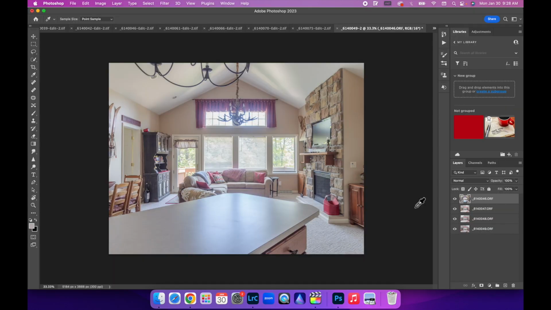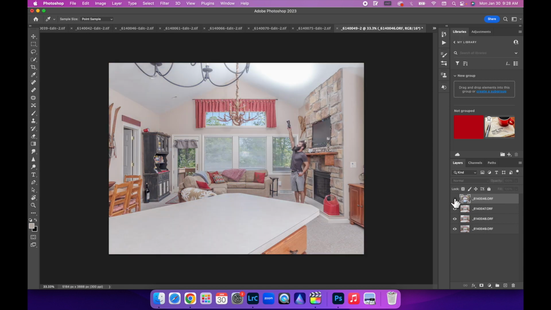So once you have all your layers loaded into Photoshop, you will have your ambient layer sitting on top. If you took your ambient layer first, that's why I say make sure you're always doing your ambient layer first, get that out of the way, dial your shutter up, and then run around and do your flash pops. So the simplest way I've found to blend these images together fast and simple is to shut your ambient layer